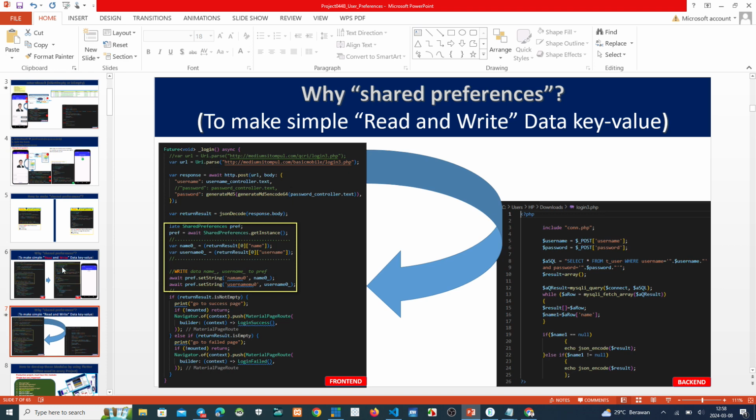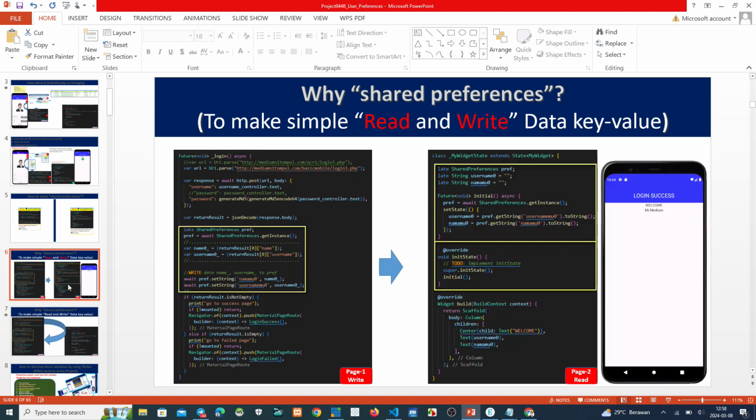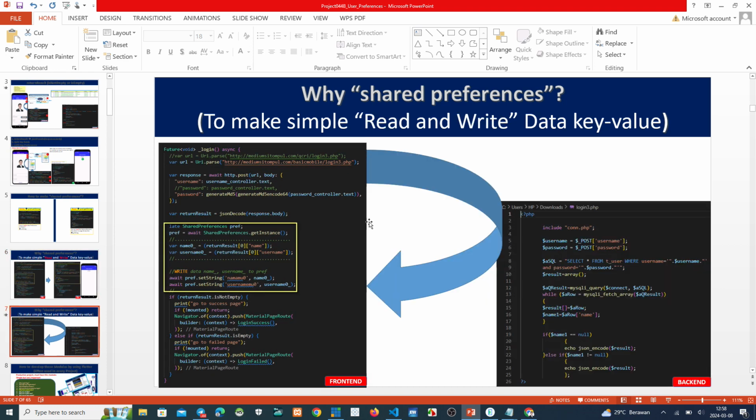Moment, please. PHP, where is it? Okay, this one. After you send the parameters username and password from Flutter to the backend script on PHP, the script runs and then the result is written back to Flutter.